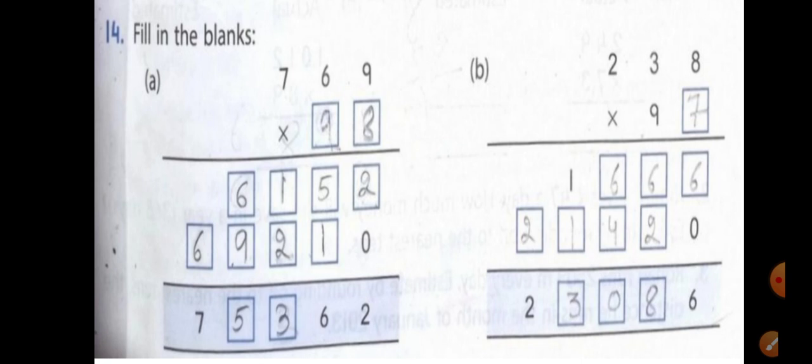Next example is fill in the blanks. Now here, we have to do the multiplication. Now here multiplicands are given, multipliers are missing. Then in some terms, some digits are missing, that we have to find. Okay, so after multiplication we have to find the numbers that are missing, and then those digits we have to fill in the boxes. So this is all about the word problems.